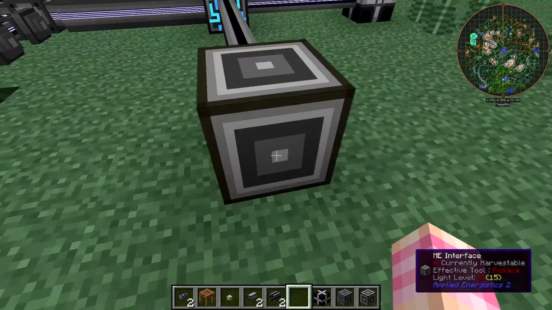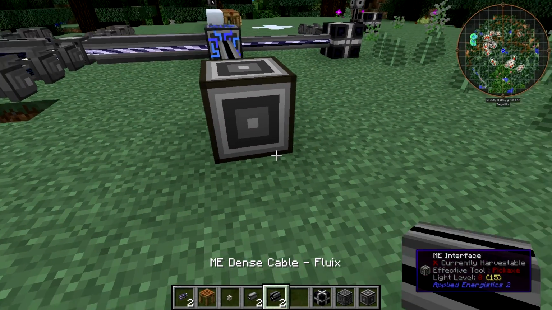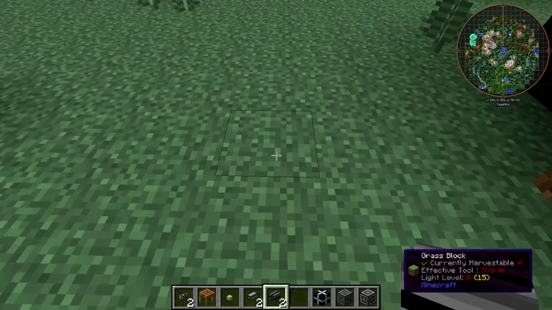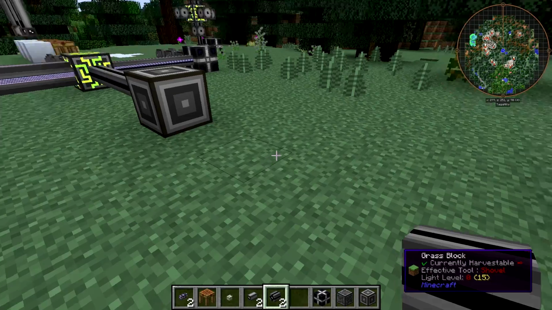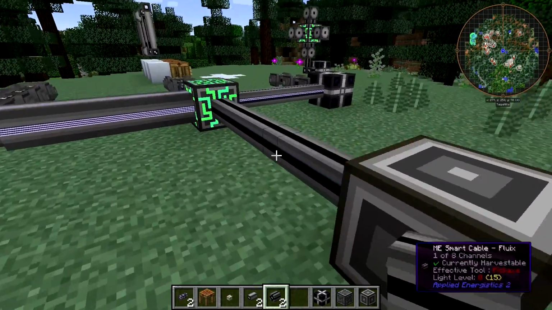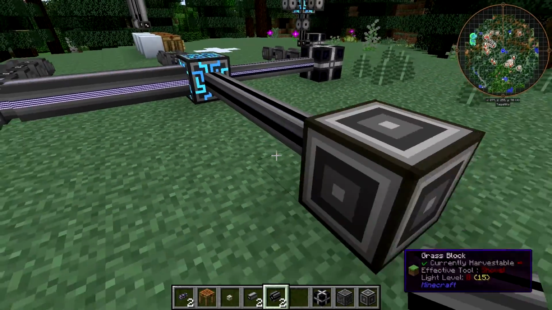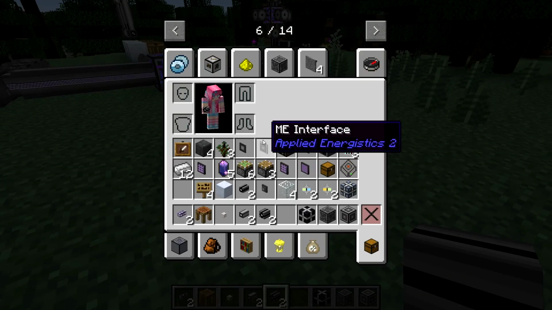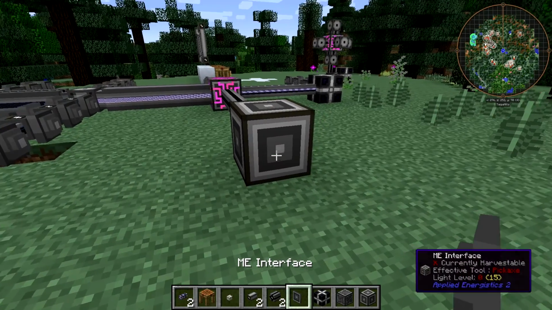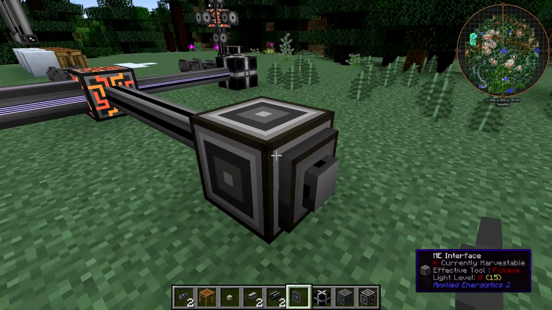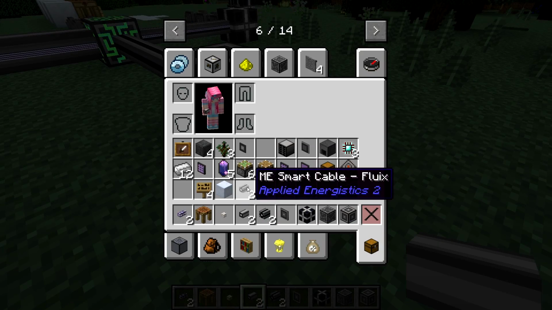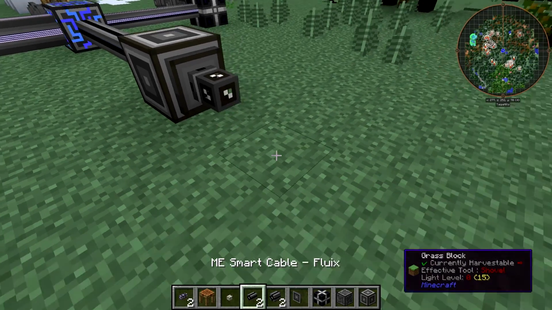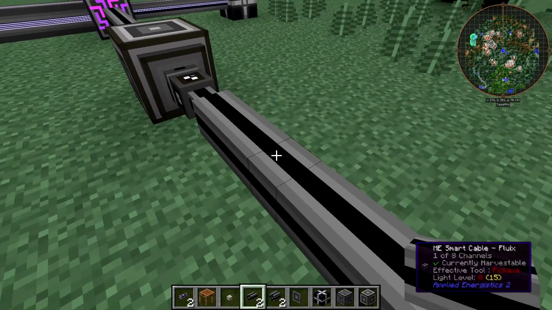We can use this to our advantage. Let's say we want to have a big line of machines from other mods or inscribers that we can craft stuff with. But we don't want to use all of our channels on this cable. If we do a little bit of funny stuff, if we stick an interface onto this interface, and then I run some smart cable down here,